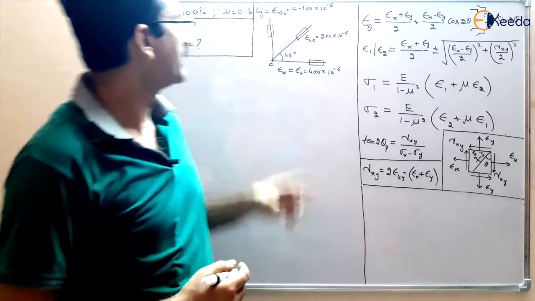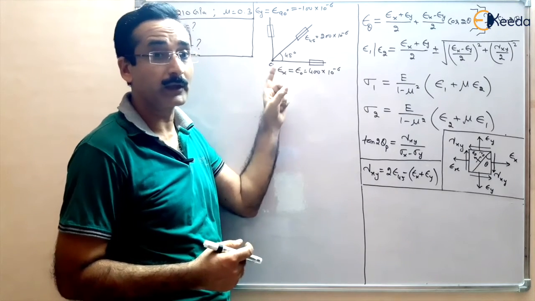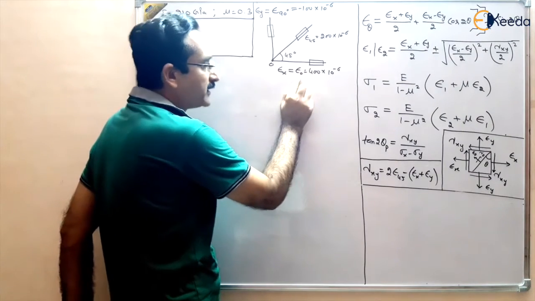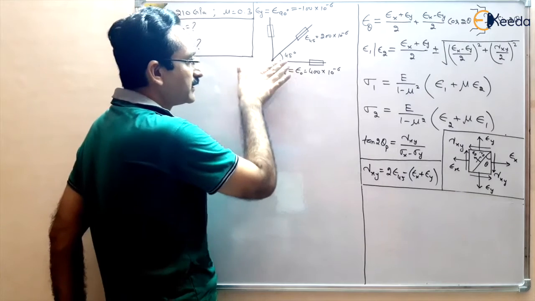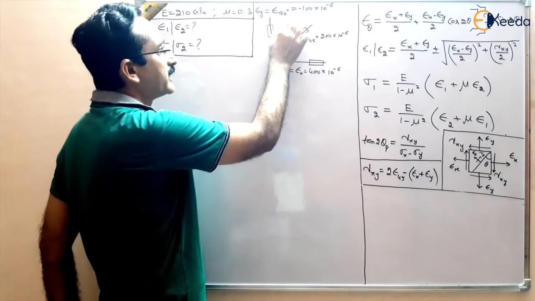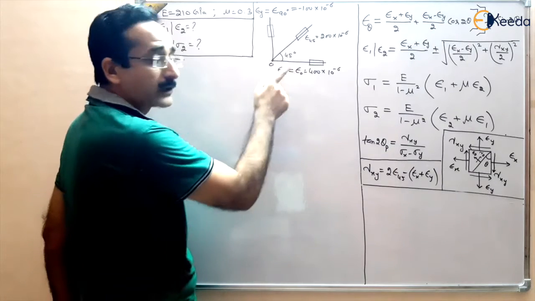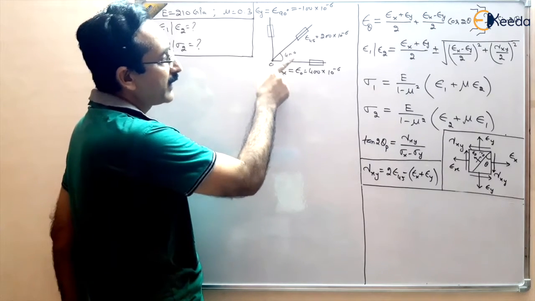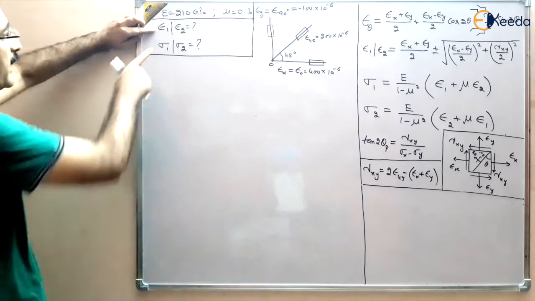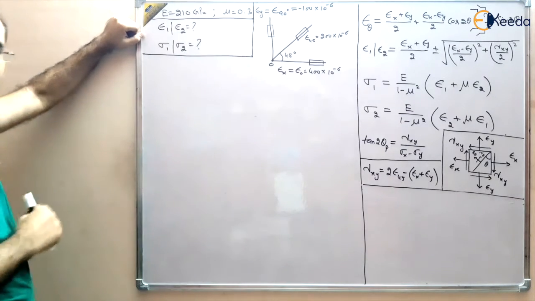In this numerical, we are given with a strain rosette. This is basically 45 degree strain rosette, or also called rectangular strain rosette, in which some strain is given in x direction. At 0 degree it is written, it means this is in x direction. We are taking this as a reference, so this is our epsilon x. Also strain is given in y direction, this is epsilon 90 which is given to us. Also the strain is given at 45 degree, that's why it is rectangular strain rosette or 45 degree strain rosette, right? This is given to us. We have to find out the principal strains and principal stresses. The modulus of elasticity and Poisson's ratio is also given for the material.